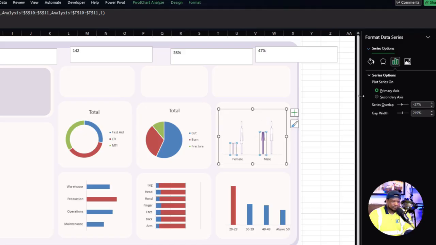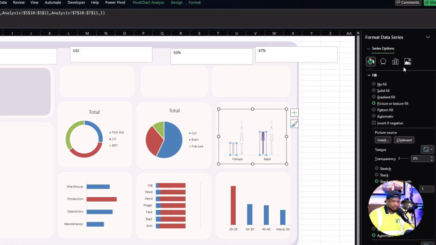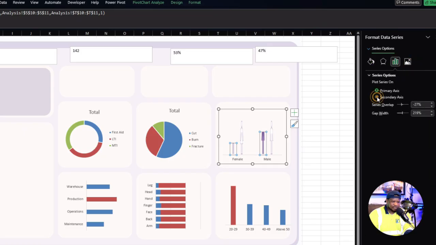This one will be a secondary axis, so let's ensure that it is a secondary axis, so that it will be on top of the other, all right. And we're going to make sure that there's no overlap, and the gap width is also complete. Oh man,